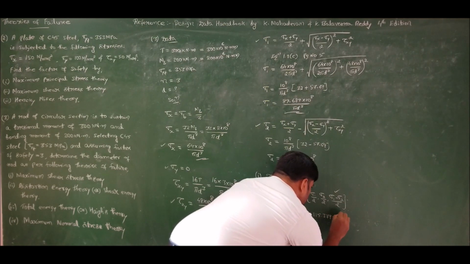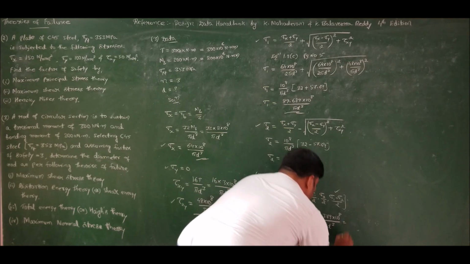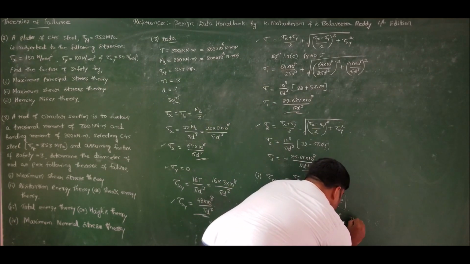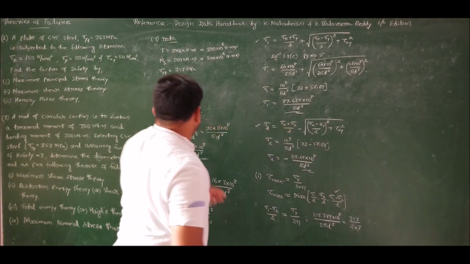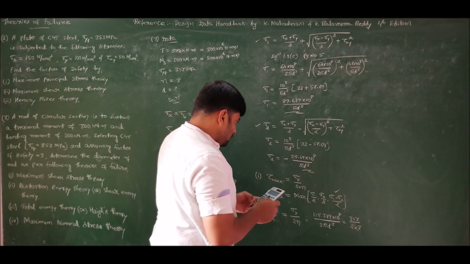115.379 into 10 to the power of 8 divided by 2 times pi d cube. This must be equal to sigma yield by 2n. Sigma yield is 353, divided by 2 into 3. The factor of safety is 3. Sigma yield is 353. Now if I solve, I'll get the answer as